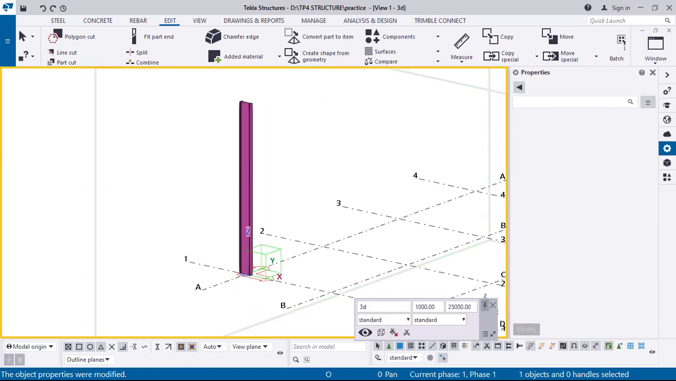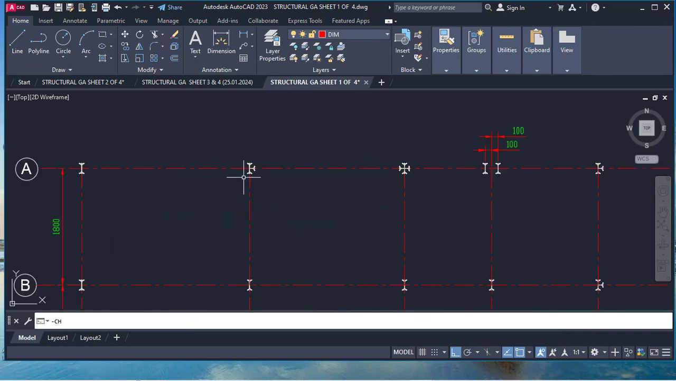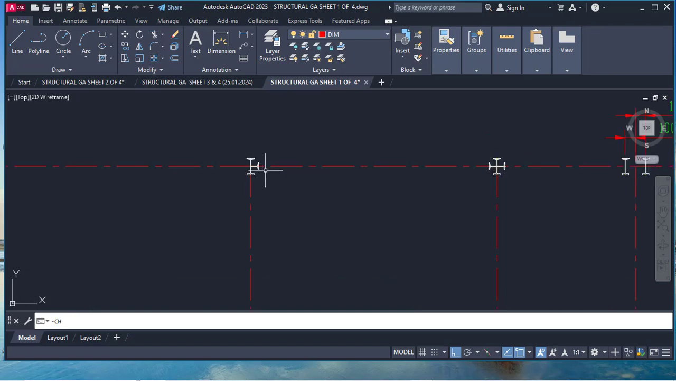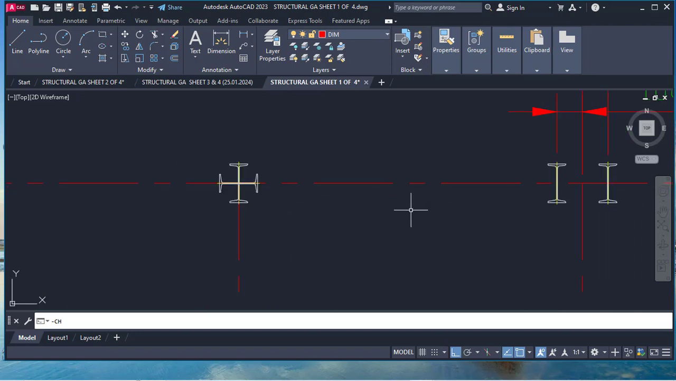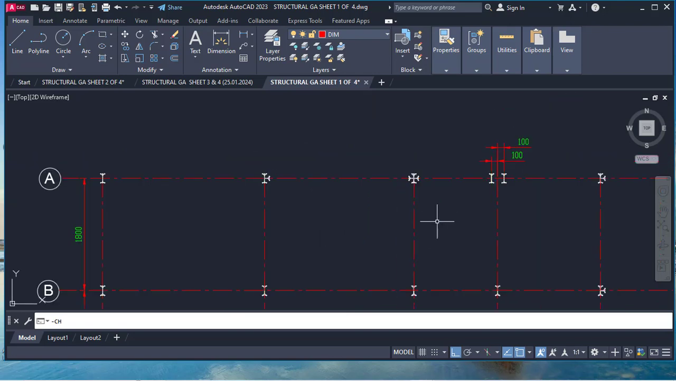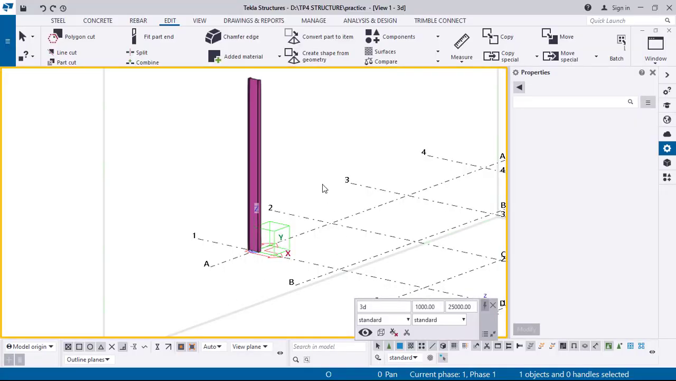Now sometimes we also need a column in a different orientation. For example, as per the requirement of our design drawing, sometimes we need different types of columns, like this is our T column, this is our star column, and this is our double leg column. If you want to make all these columns in Tekla Structures,